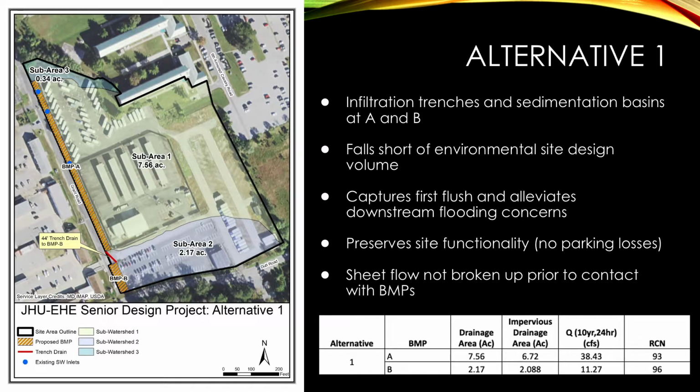A trench drain connected to BMPB is installed at the entrance to the parking lot to capture the flow that currently runs off to the building's downslope of the site. Note that BMPB extends into the existing road by approximately 8 feet to accommodate its receiving flows. We decided to extend the BMPB into the road as opposed to the parking lot because